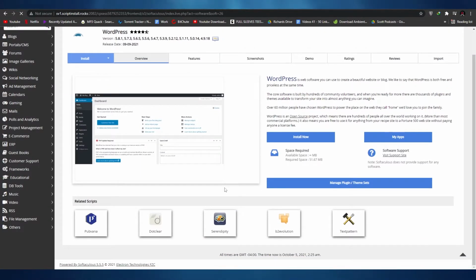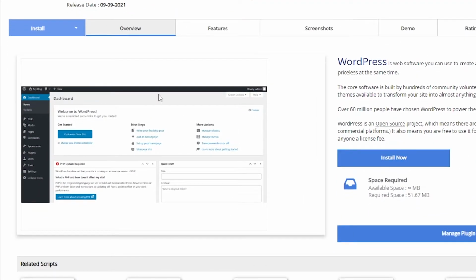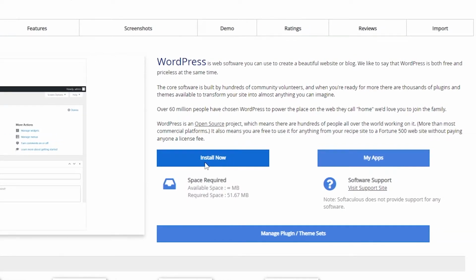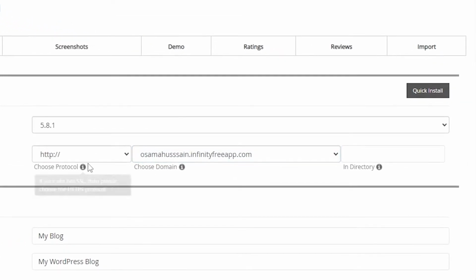As I said, it's loading up quite a lot of information, so let's just wait for a little bit. As you can see, the website has loaded up, and over here I searched for WordPress, and this has come up. To install it, all you have to do is simply click on install now, or you can come over here and click on install at the top, and then choose the domain that you want,